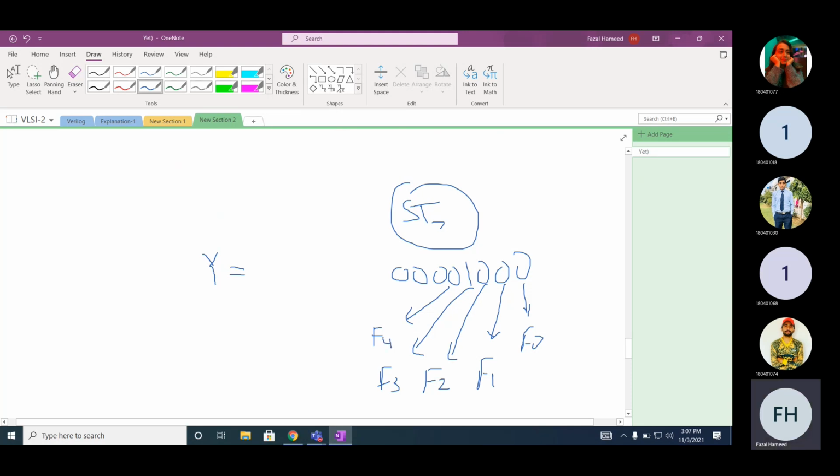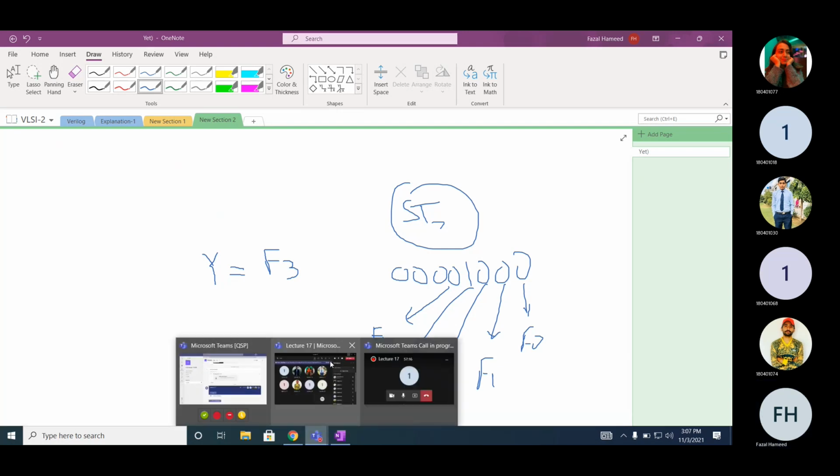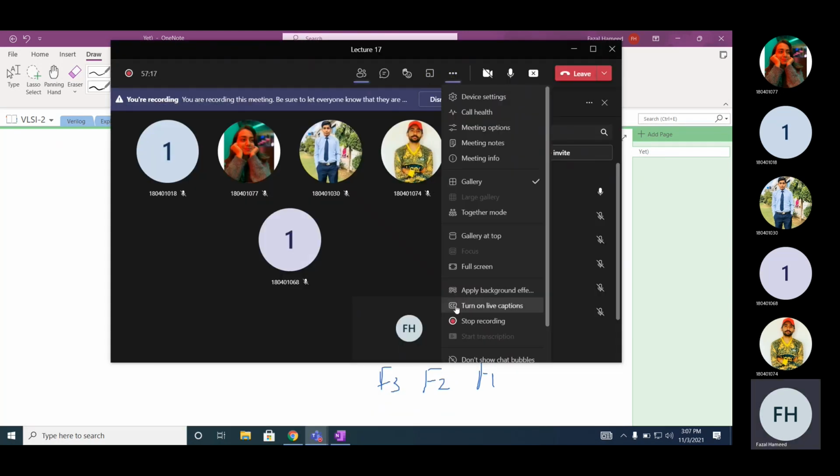F3, F4. What will be the value of Y? Y will be equal to F3 directly, because Y will be 1 when F3 is 1. So do we need any gate? No. So in one hot encoding, if you look here, we have some output logic and some next state logic. But if you are using one hot encoding, the hardware within the output logic and the next state logic will be reduced. This is a very simple example I took here, but if you use one hot encoding,